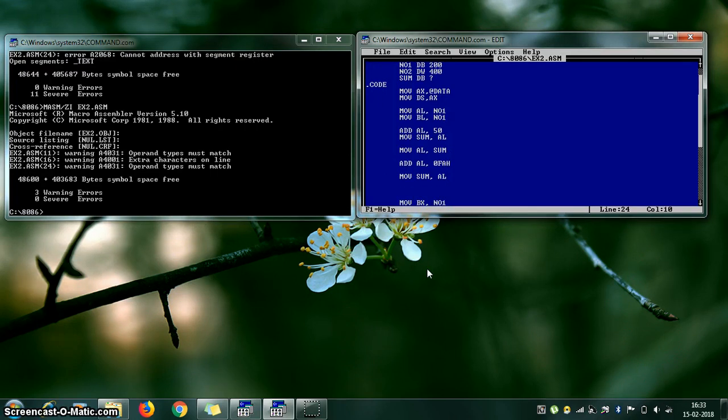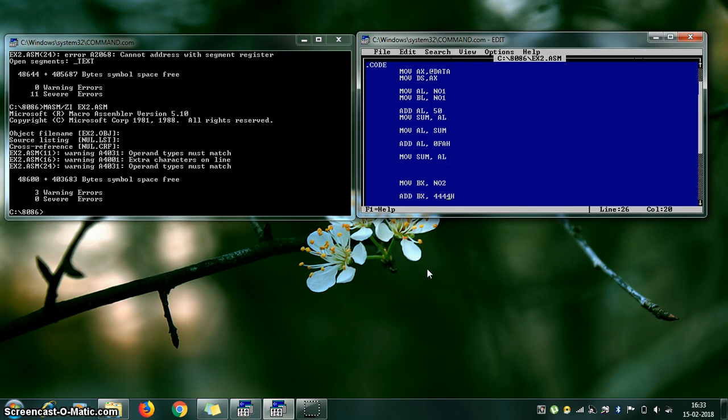Again a mismatch of operands, because number 1 is only an 8-bit variable. You can observe in the data segment it is declared only as 8-bit, and you are copying that into a 16-bit register. As you know, if you are copying any data, the source and destination sizes must both be the same. So I'll change number 1 to number 2.